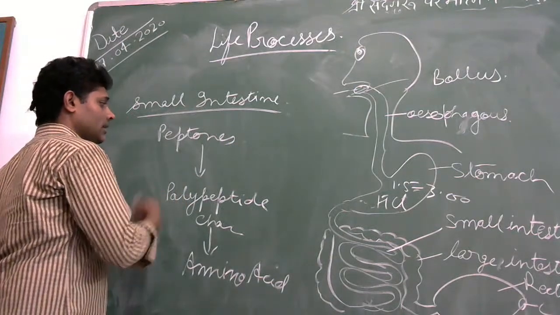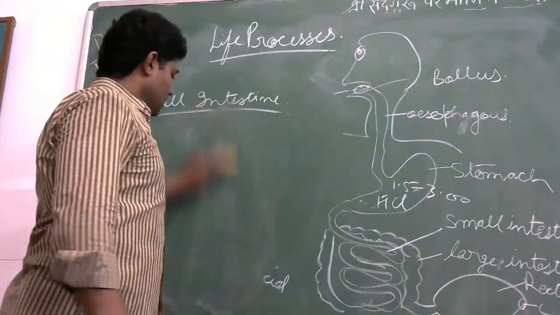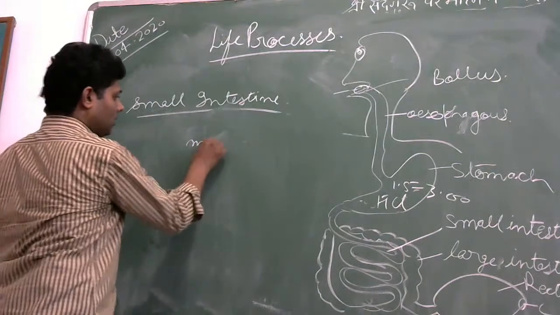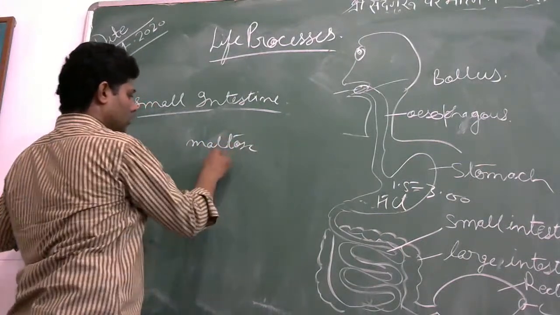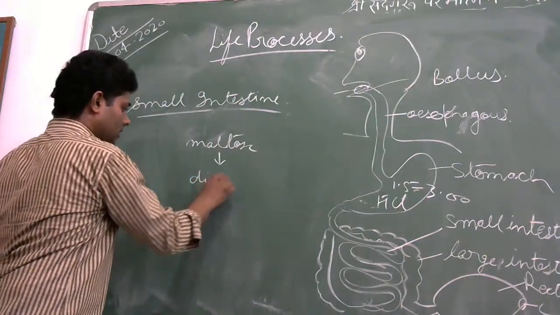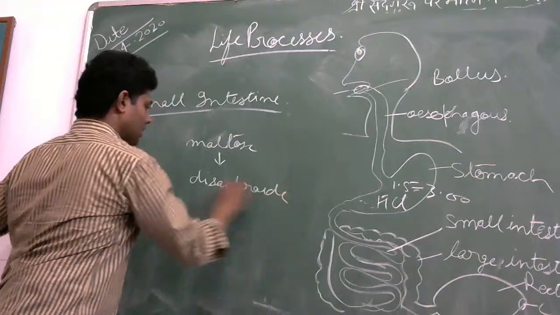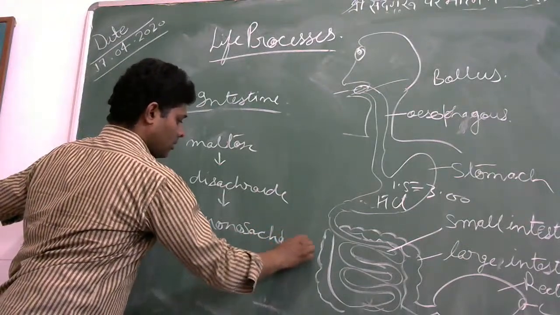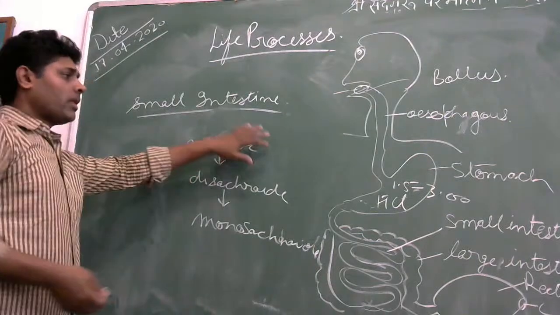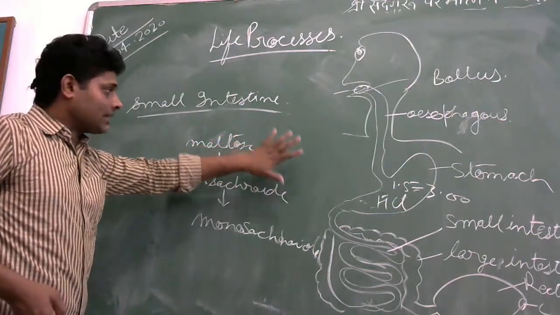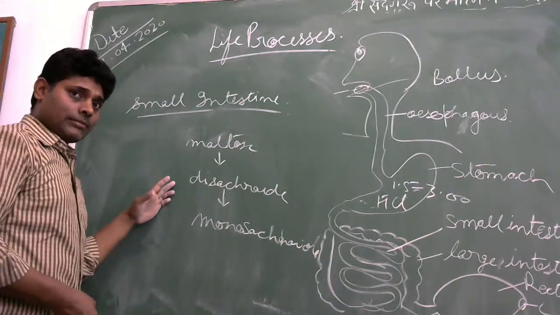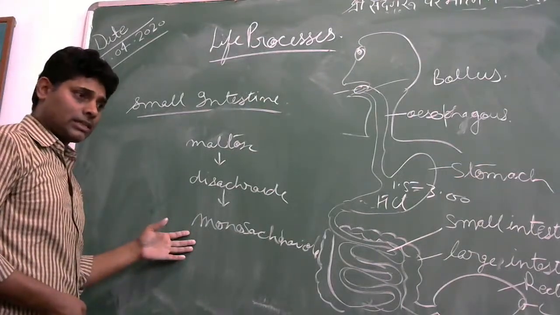Similarly, carbohydrate will start the digestion in the small intestine. This carbohydrate breaks into maltose, then after disaccharides, and then monosaccharides. All the pancreatic juice is secreted into the small intestine. So amylase will act in the carbohydrate digestion, and